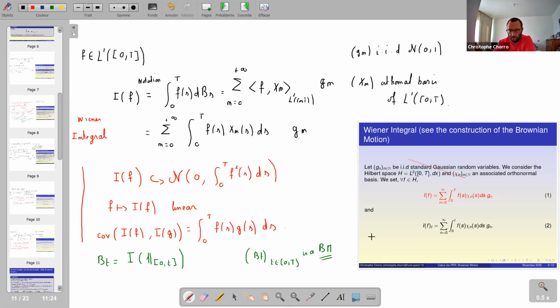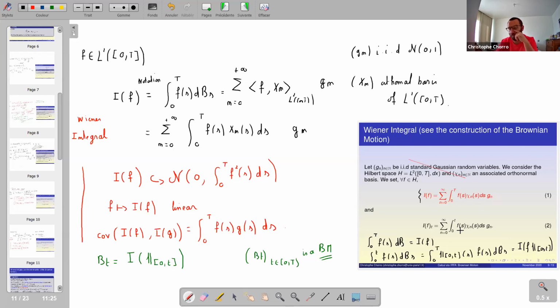I have defined the integral between 0 and capital T of f(s) dB_s as I(f), defined this way. Naturally, what I will define as the integral between 0 and t of f(s) dB_s will just be the integral between 0 and capital T of what I just put inside: the indicator function times f(s) dB_s. And so it is just I of f times the indicator function of